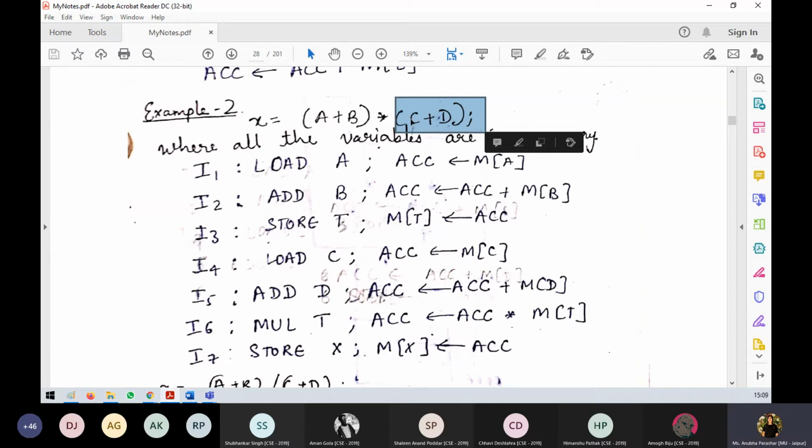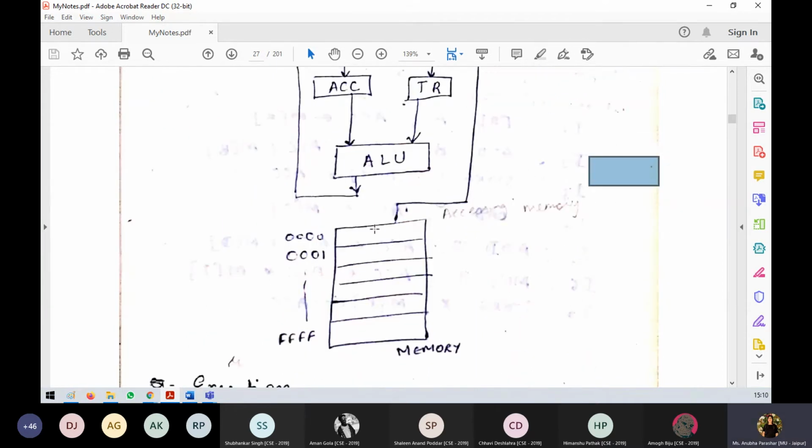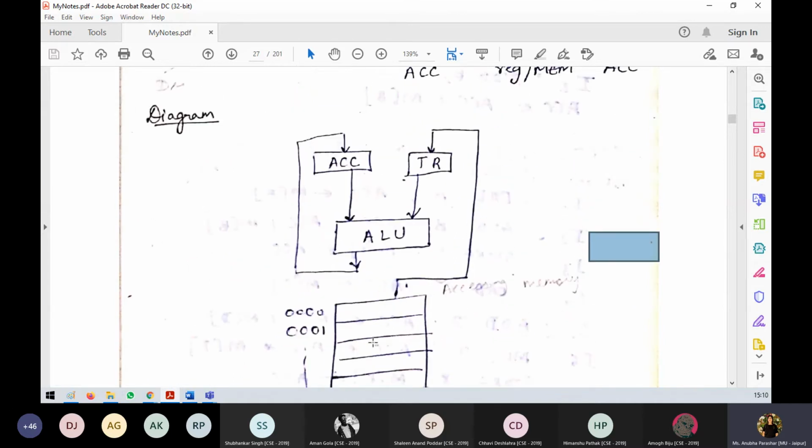So one thing that could be done is you use this, because see what all things we have to see. One thing we have is accumulator. One memory we have is temporary register, which is T. Other memory are your general purpose registers from where you can take the data, and one is your memory where you can take the data. If you are doing it from general purpose register, you will just directly take the value. If you are taking from memory, you have to give the address, but this is what we have.